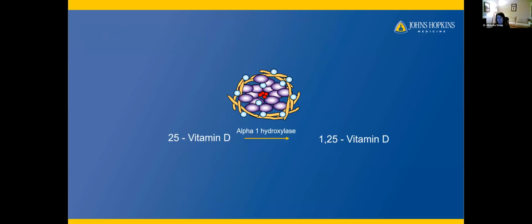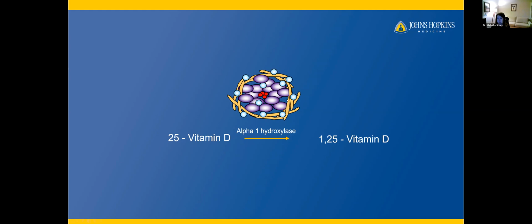There was a question about vitamin D and calcium, and so I wanted to review this. This is something that I often think of that goes along with the bone and the kidney involvement, or the renal involvement. I'm showing you a little bit of an equation, but it helps me because I'm a visual person. There are a couple of different types of vitamin D in the body. There's 25 vitamin D, which is what everybody else who's not a sarcoidosis doctor will measure. If you go to another doctor, that's the vitamin D they'll measure. And then there's 125, which is actually the active form of vitamin D.